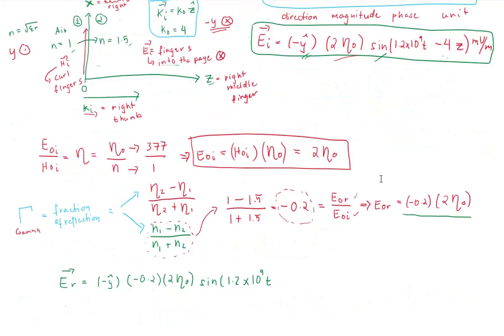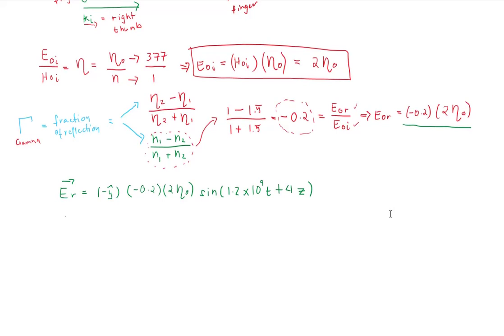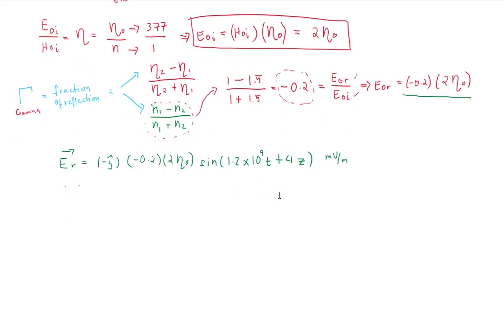So negative times negative, that's going to be positive for z. And again, this is millivolts per meter. And finally, we let the sign of the magnitude dictate the final direction. So negative times negative is going to be positive y hat,